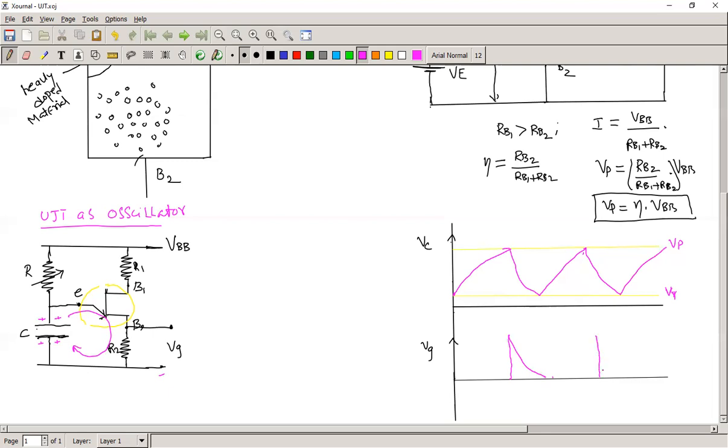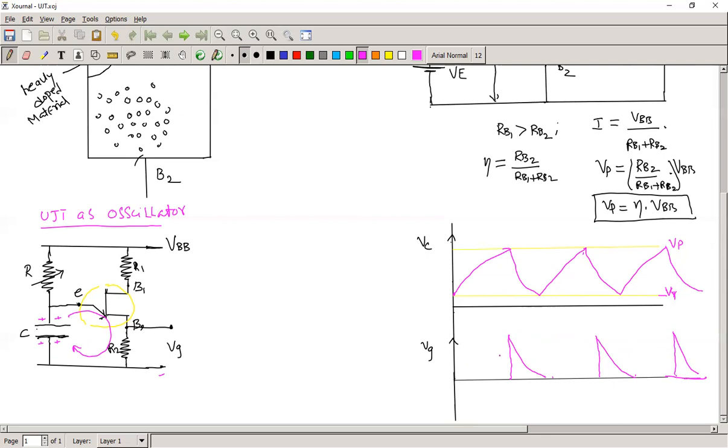Again, here we are getting one more pulse. In this manner, we are getting the pulses. Suppose if you want to extend this waveform here, again we are getting one more pulse, and the capacitor is discharging. These pulses we are using for the turning on of the SCR. In this case, the UJT will be operating as a relaxation oscillator. Right? These pulses we are applying between the gate and the cathode of the SCR,